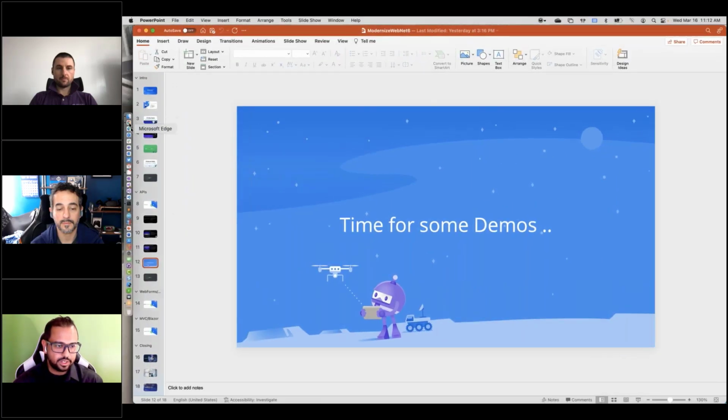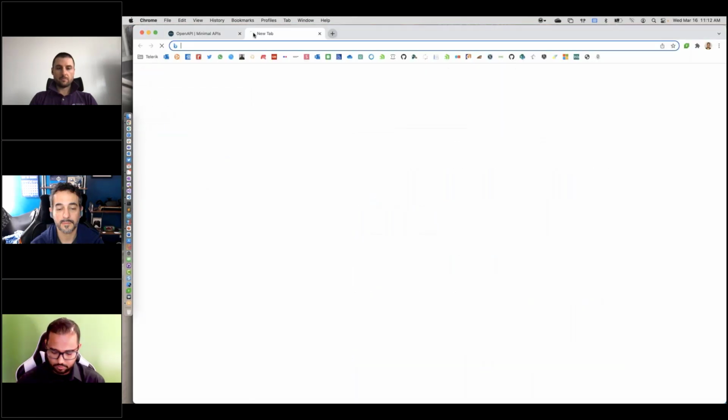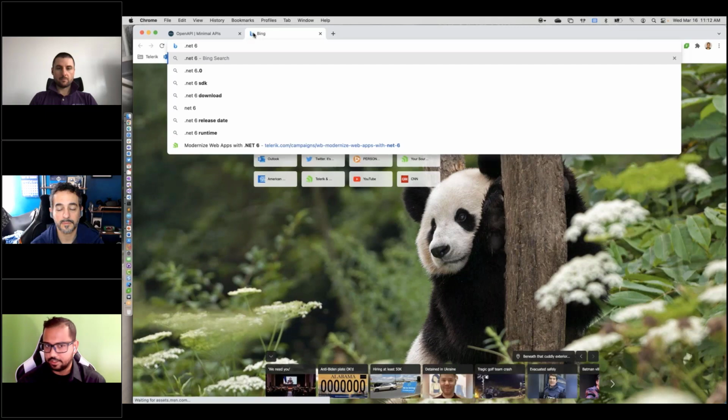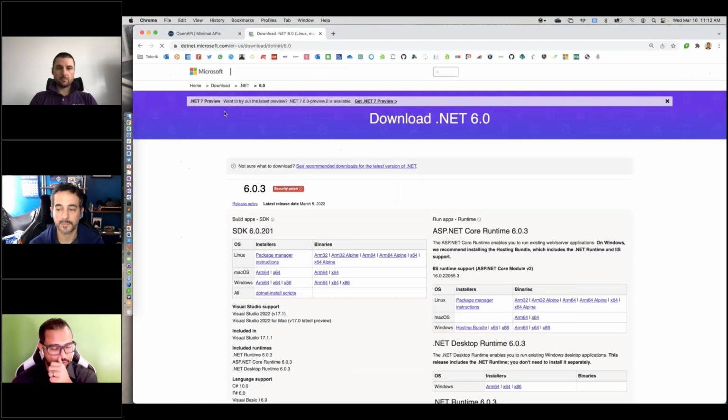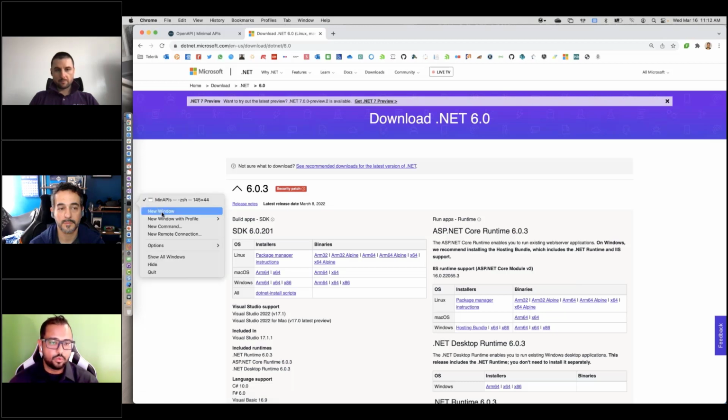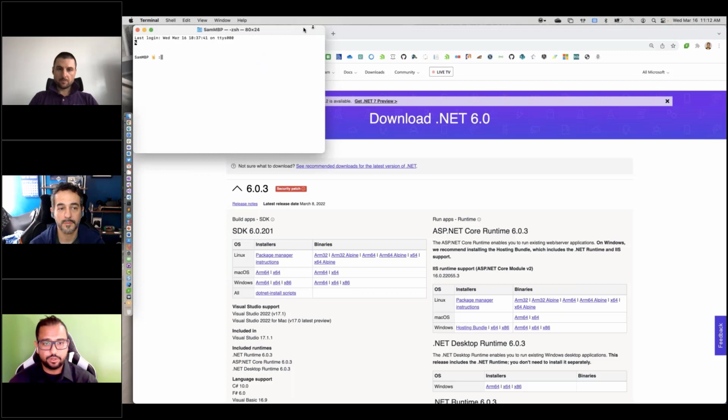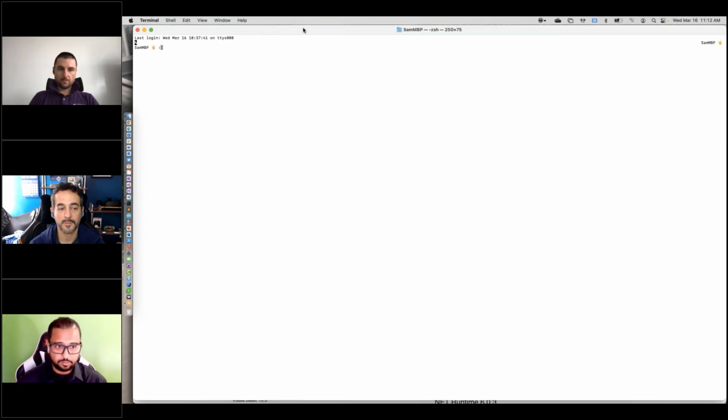All right, so the first thing is you want to get .NET. To get the latest .NET, I think you can see my screen. This is the latest .NET 6. You can download that for Windows or Mac or Linux as well. So go get the right bits, and then you're going to see some of these things light up. In terms of where things are, you can do Visual Studio on Windows. I'm on a Mac here.